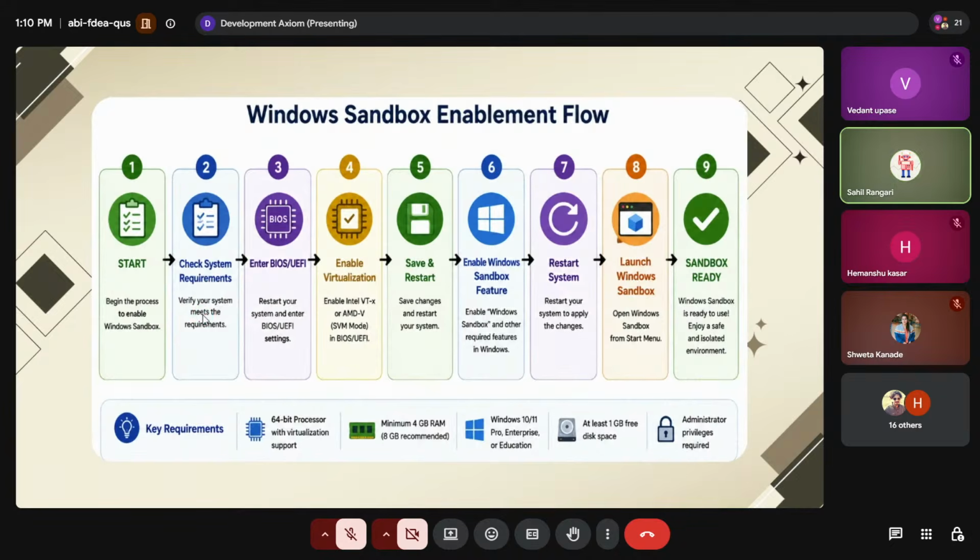In the previous system, there was no virtualization enabled for the sandbox. So here we already set up all the things. We entered the BIOS, restarted our system, and checked the BIOS and all the requirements. We enabled the virtualization we need for the sandbox: Intel Virtualization Technology, or on AMD, depending on your system. The keys we follow for opening the BIOS depend on the system.